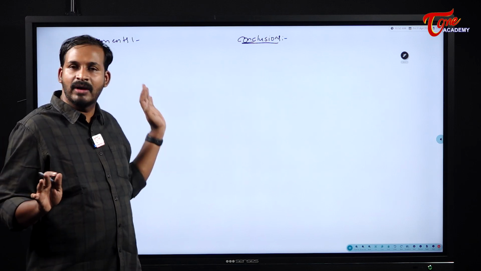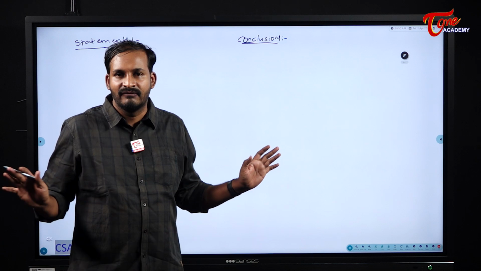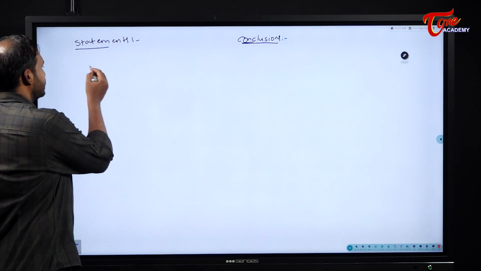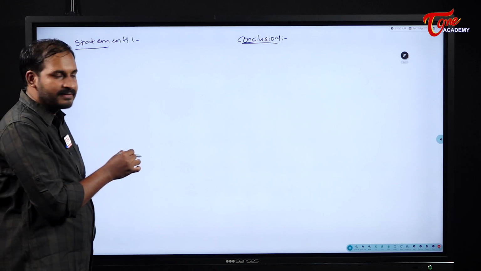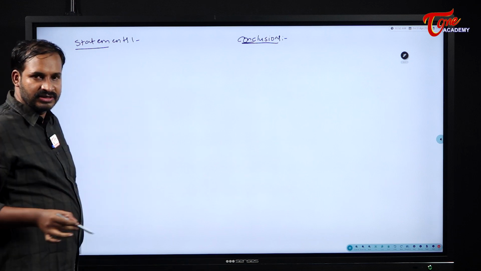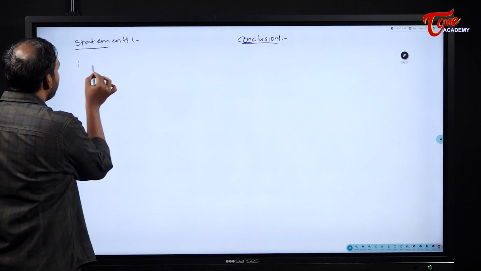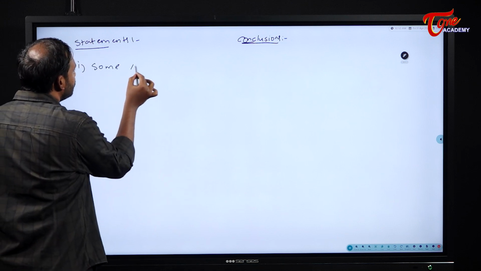If they follow, we will mark it as true. Otherwise, we will mark them as false, or will follow or will not follow. Something like that. Now see here, statements. When it comes to the statements, students, we will have the general statements. We will have some positive and negative statements. Positive statements, see here: some A or B,